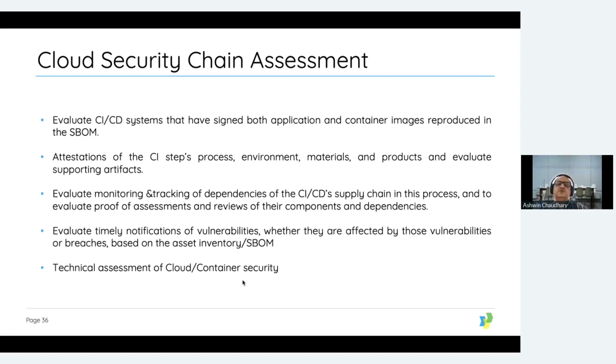Then we also do technical assessment, including running tools to look at the vulnerabilities as part of your build process or delivery process or the application process, as the case may be, the end-to-end process. Build, right, evaluate, and the production application itself. So this is what the cloud supply chain at a high level means. I'm not saying it takes everything, but